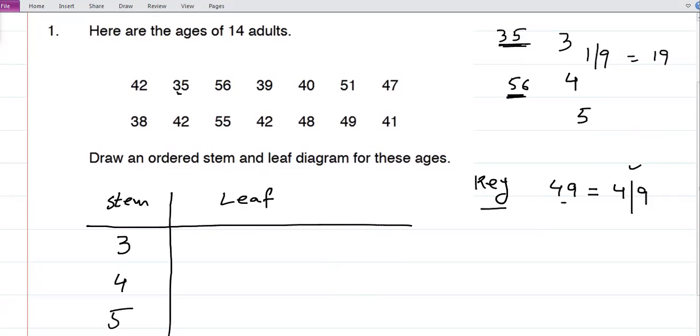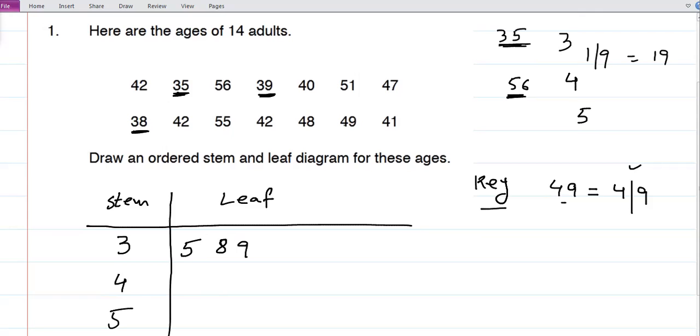First of all, the smallest number is 35. For 35, the stem we write is 3. Now the leaf is left. Write the leaf here, 5. After 35, the next number bigger than 35 is 38. For 38, 3 we have already written, so in the same row write 8. Then we have 39. 3 we have already written, just write 9, because the stem is already written. If you read this, it is 35, 38, and 39. Okay, we completed all values for 3.